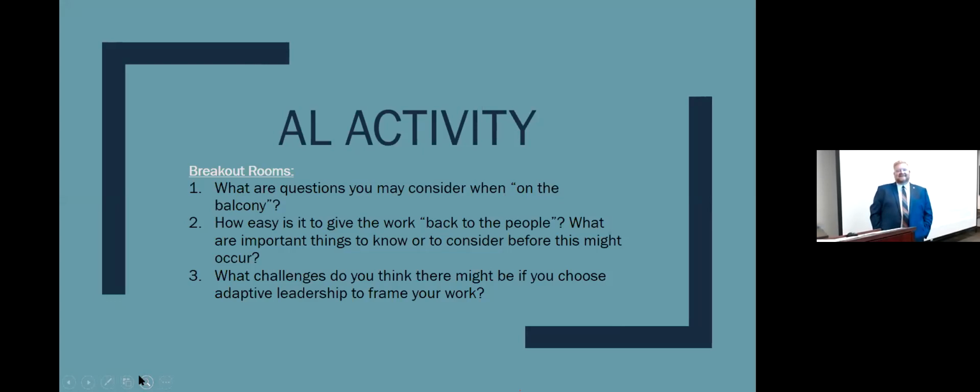Hello everyone. Just in relation to adaptive leadership, I've just been wondering, how much does a person's personality and character have to do with it, and to what extent is this something that is actually teachable and transferable to those that one would be working in the same group with?